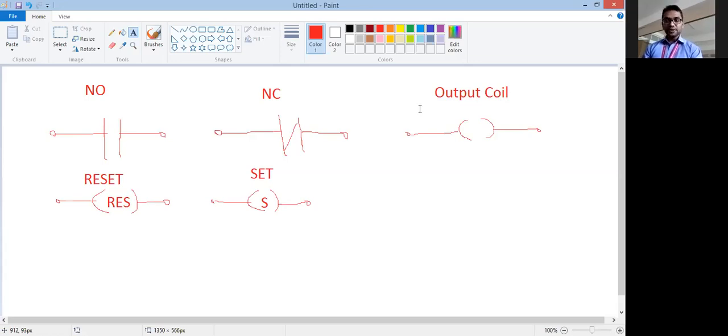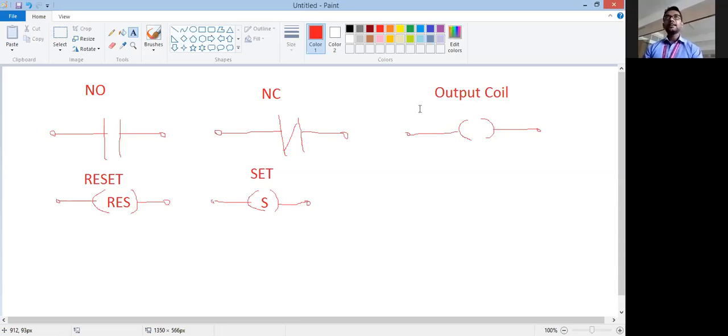So in PLC there are two types of delay. One is called the on delay timer and the second is called the off delay timer. To turn on something and produce some waiting period, it is an on delay timer. And if you have to turn off something and produce some delay before turning off, it is called the off delay timer.